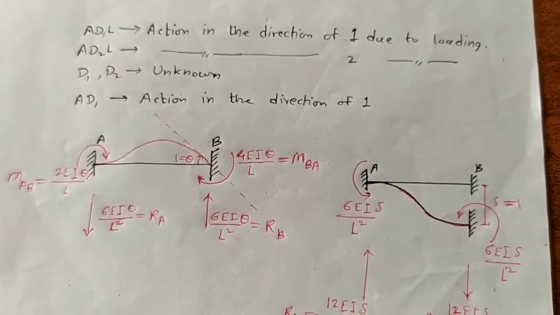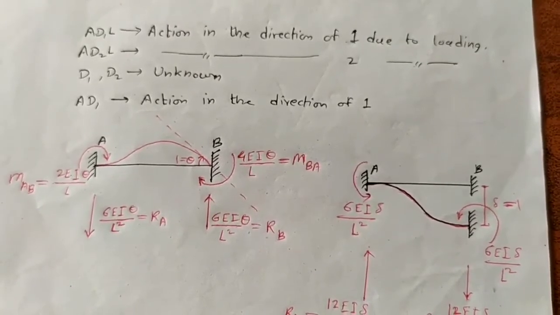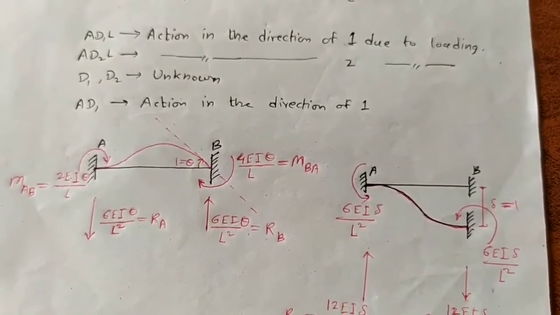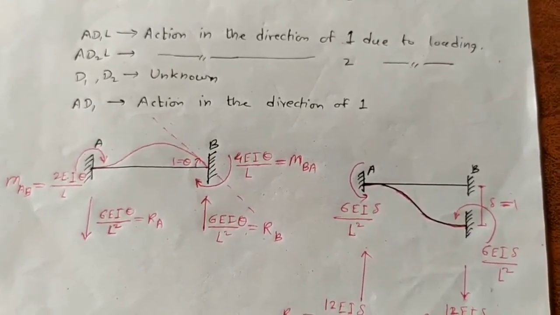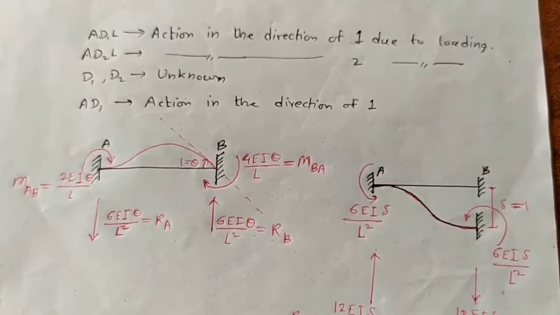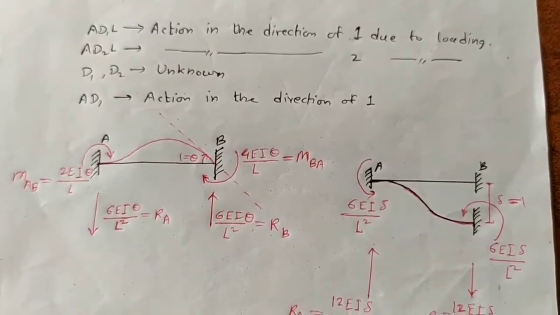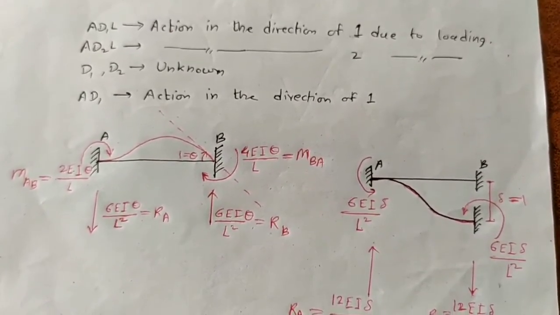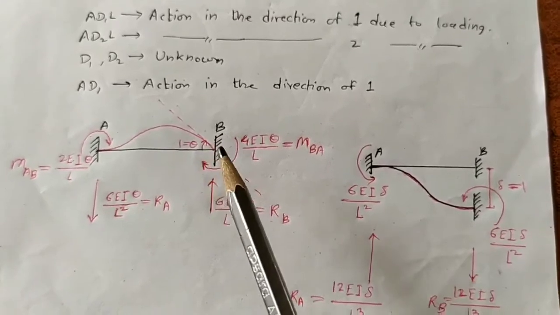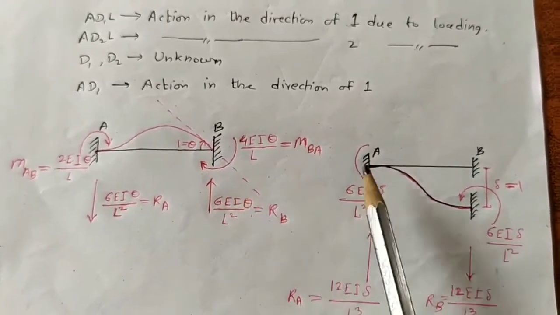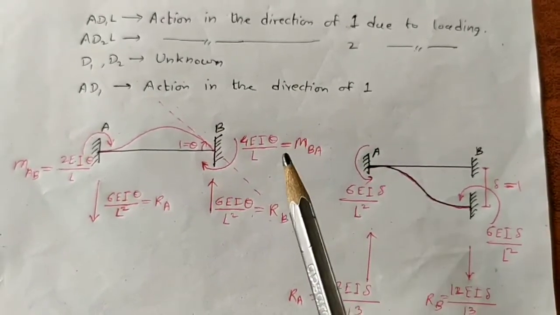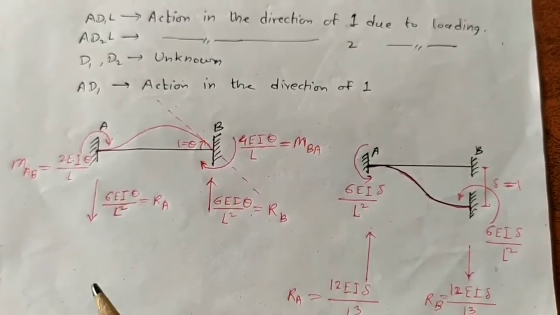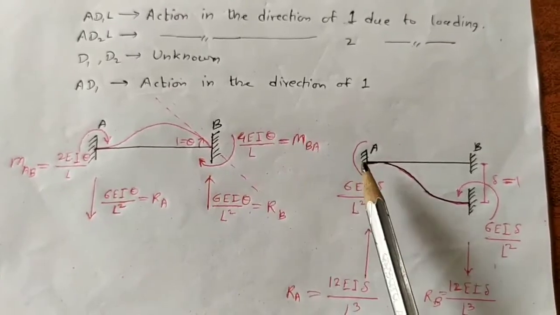Actually, what is the exact meaning of that abbreviation? We will come to that part at the time of solving the example. We will better understand those abbreviations at the time of solving the examples. So, in the stiffness method, two things are important, that is, these two diagrams are important. You have to keep in mind these two diagrams. To solve any example by the stiffness method, we only require these two diagrams.